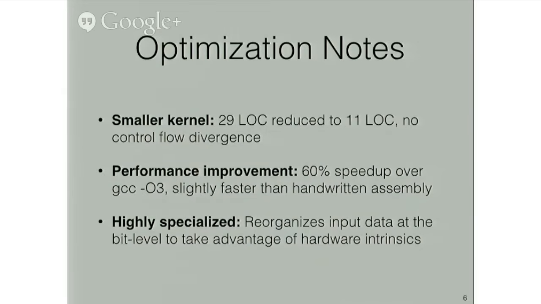And the reason for that is that the Stoch code takes advantage of a number of very target-specific optimizations. Among other things, it permutes its inputs in non-trivial ways and moves them into distinguished registers to take advantage of fast hardware intrinsics, which completely eliminate control flow divergence and increase throughput, which is all very cool, and I'll come back to that. But for now, what I really want you to take away from this example is this. That code was produced completely automatically, and I'm going to show you how.